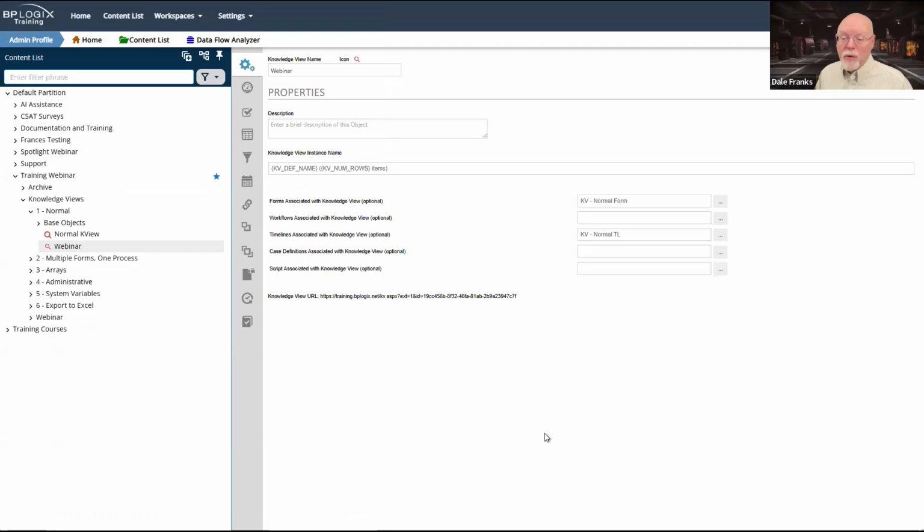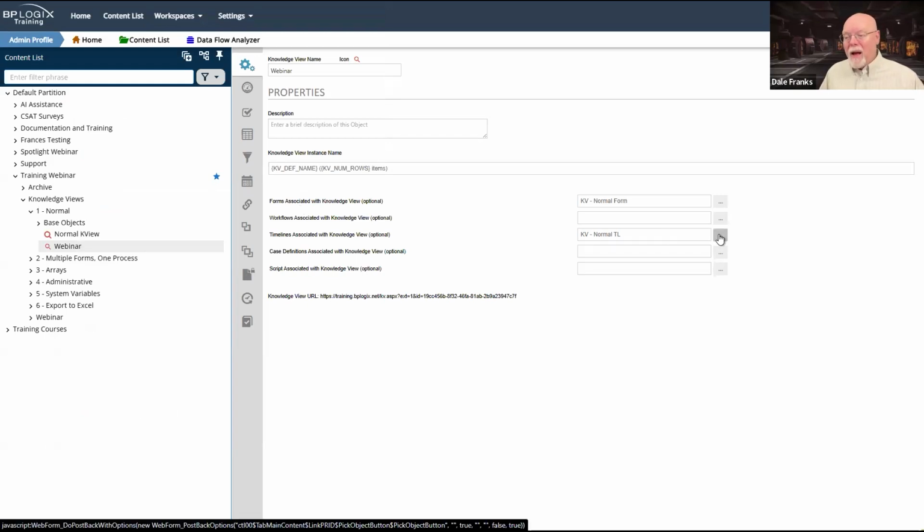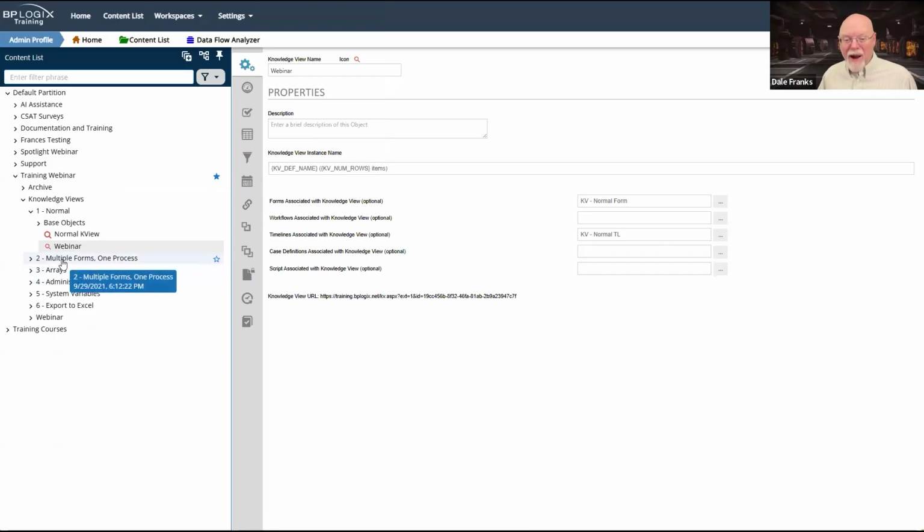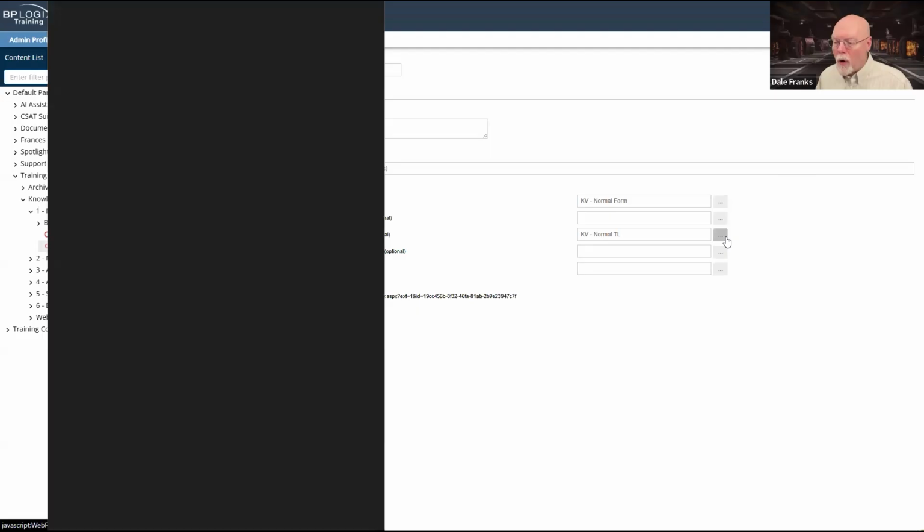Let me disabuse you of that notion. You don't have to do it that way. There's no reason for doing both. If you're returning form instances, in most cases, with the exception that we'll talk about right here with multiple forms in one process, in most cases, you only want to return the form instance.